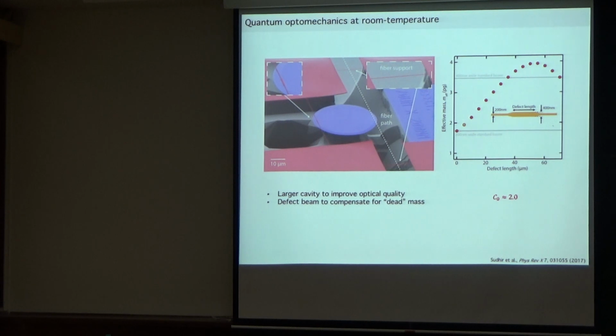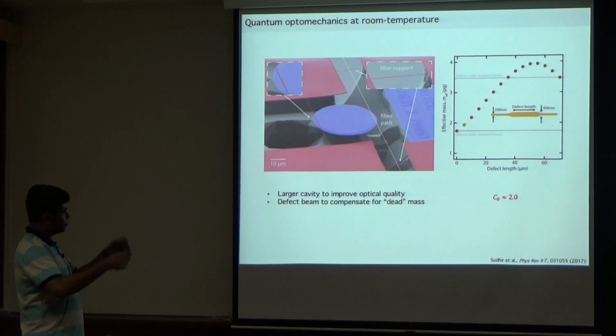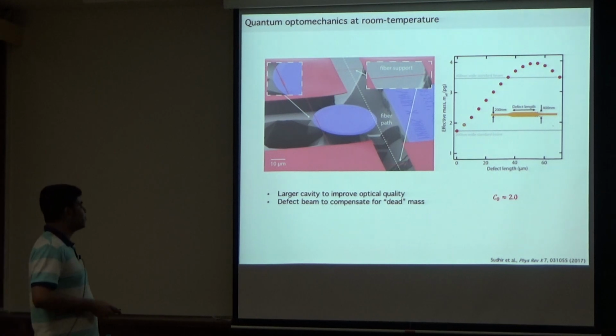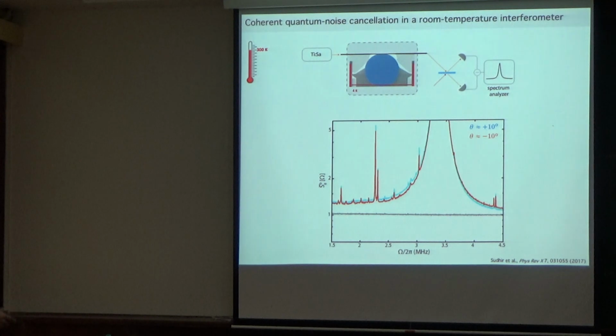But then if you make a larger cavity, most of the beam doesn't actually sample the cavity field, so that's a dead mass. You don't want that, so you scallop some mass out, and then you just have an effective interaction region where most of the elastic energy is stored, and you can have effective masses which are a factor of a few lower than what you would have if you did not scallop it. And with that improvement, you can actually do a similar experiment, but now at room temperature,